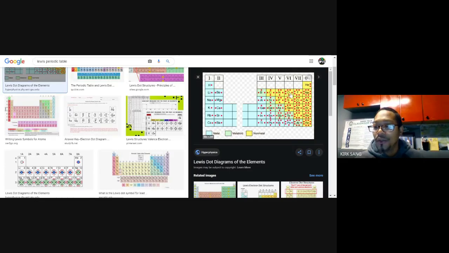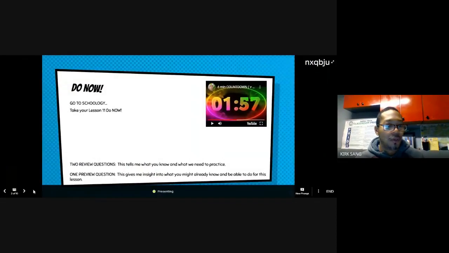For those who are concerned, we will build on this. In your Edpuzzle, I want you to identify how the periodic table changes as we go down the groups. Look out for that in your Edpuzzle that you will be completing before your exit ticket. All right, turning our attention back to our lesson for today.